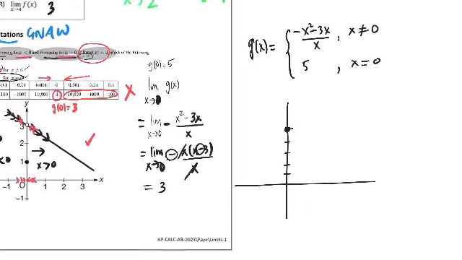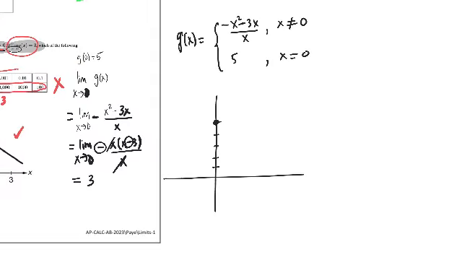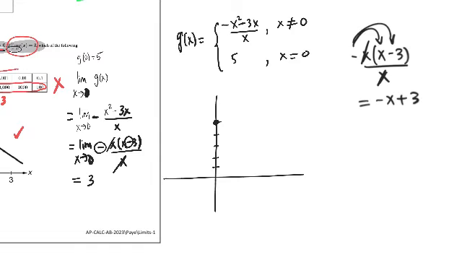And then we just factored, right, and showed what happens when x is not equal to 0. Let me do it again here so that in case you missed it, you see it again. These factors cancel, and I get negative x plus 3, right, if I distribute that negative sign. Negative x plus 3 is the equation of a line. So I know that when x is not equal to 0, this function is just a line of intercept 3